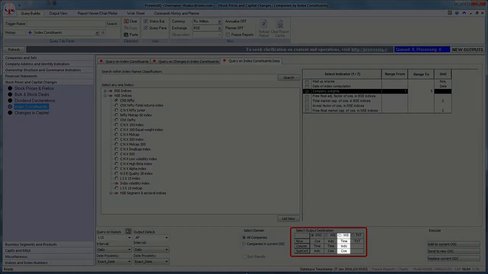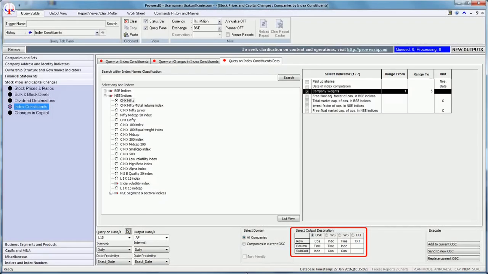The third output destination is also WS, which displays time in rows and companies and indicators in columns. The fourth output destination is the TXT output, which displays the data in a text file. The default selection in the Select Output Destination box is OSE, and let us retain the same.